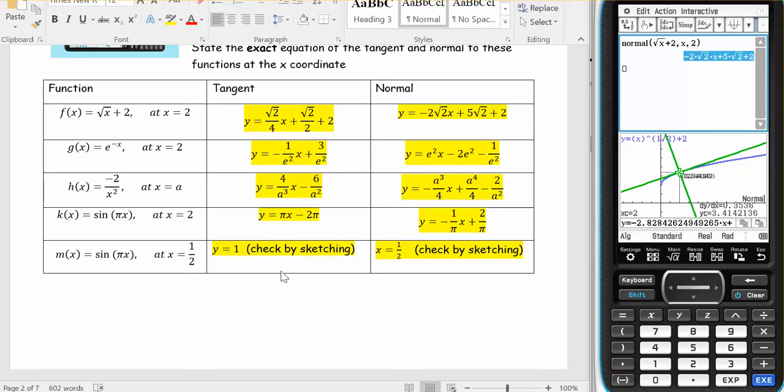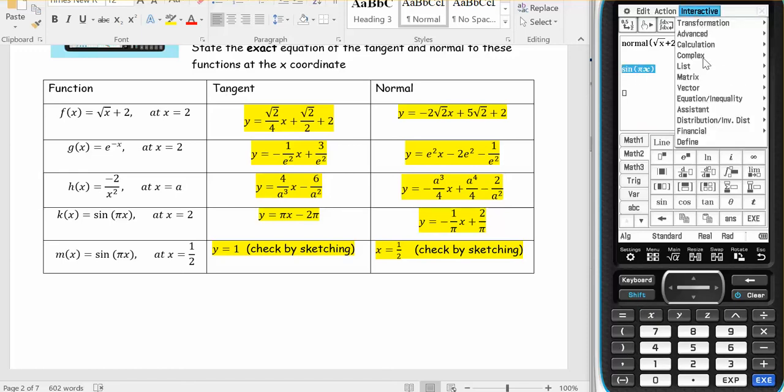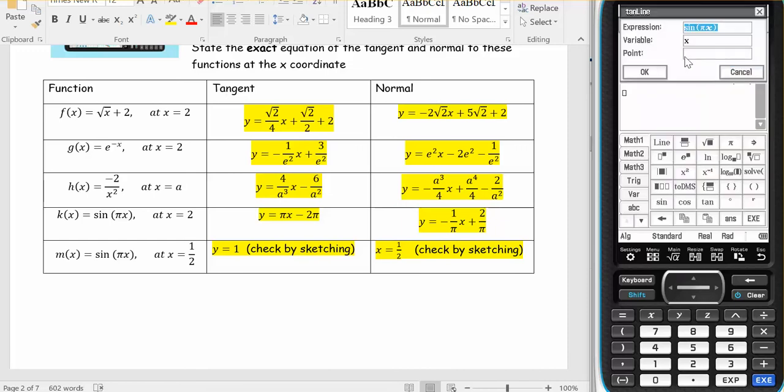I'd like to move down and have a little look at the last question, because the last question you need to think a little bit about it. So I've got sine, so bring up my keyboard, sine of pi x, close bracket, beautiful. If I'm going to look for the calculation of the tan line at x equals a half,